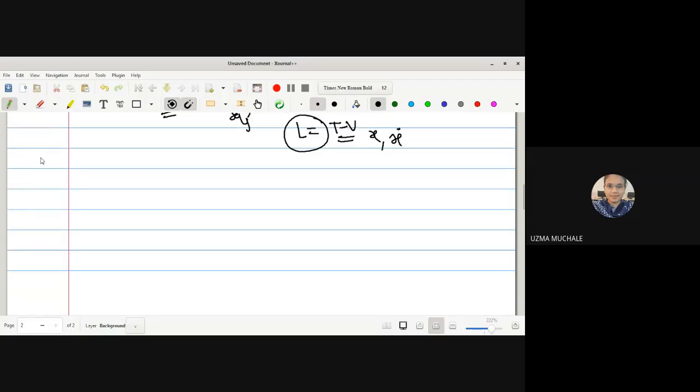Set up the Hamiltonian H and hence prove the Hamilton's canonical equations of motion for a simple pendulum. Let me write down the question. Set up Hamiltonian